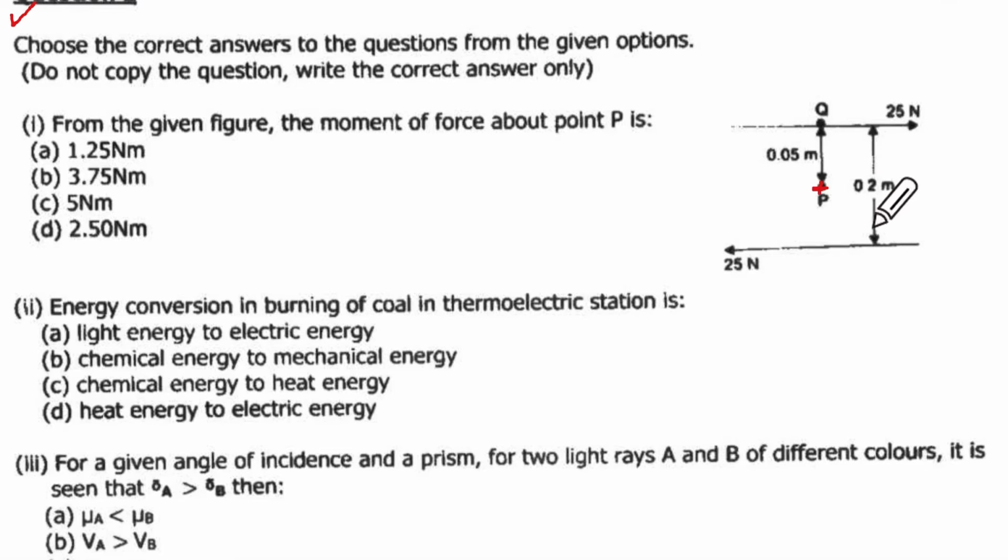So the moment of force will be either of the forces. Moment of force will be what? Either of the force, that is 25 Newton multiplied by the couple arm. So about P it will be 0.05 meter